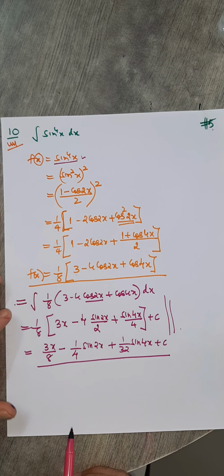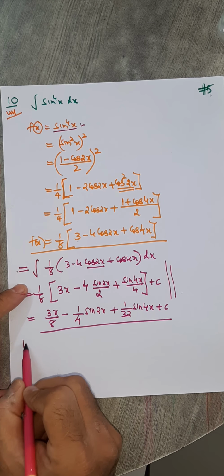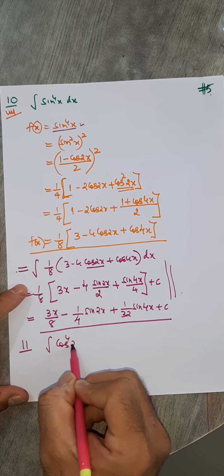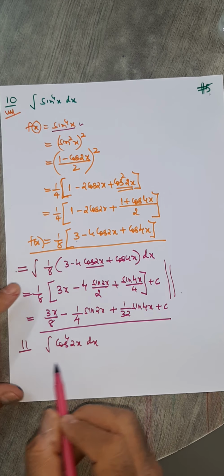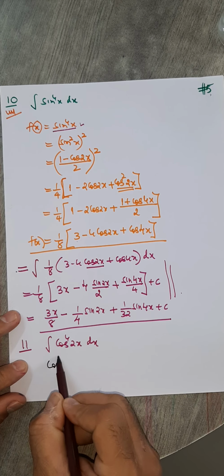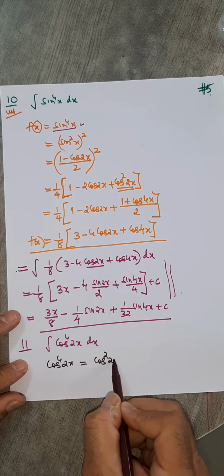Cosine 4, I'll just give a little idea. I'll not do that. 11th question. There the function is cos raised to 4 of 2x. So how will we do this? As I told you, use the double angle formula. So cos raised to 4 of 2x you can write as cos square 2x and then whole